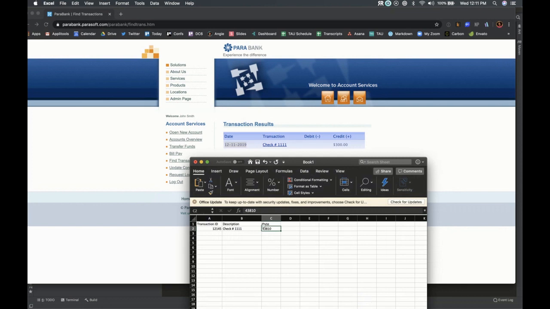Like, just put exact. And look at this. This is so goofy. I don't know why that changed to that, but this is what I want. And then the credit is 300.00, right? Okay. All right.